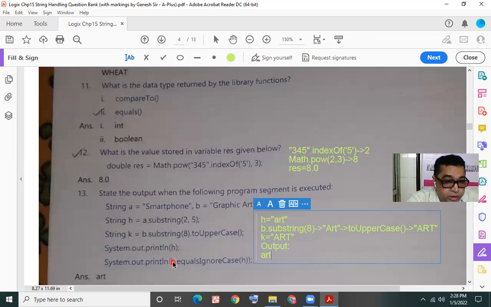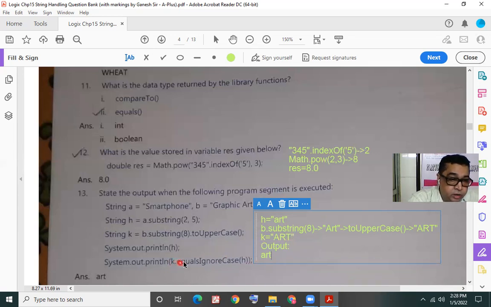No, K dot equalsIgnoreCase H. That means compare K with H. We have written earlier that the contents of H are the letters art in small, and the contents of K are the letters ART in capital.